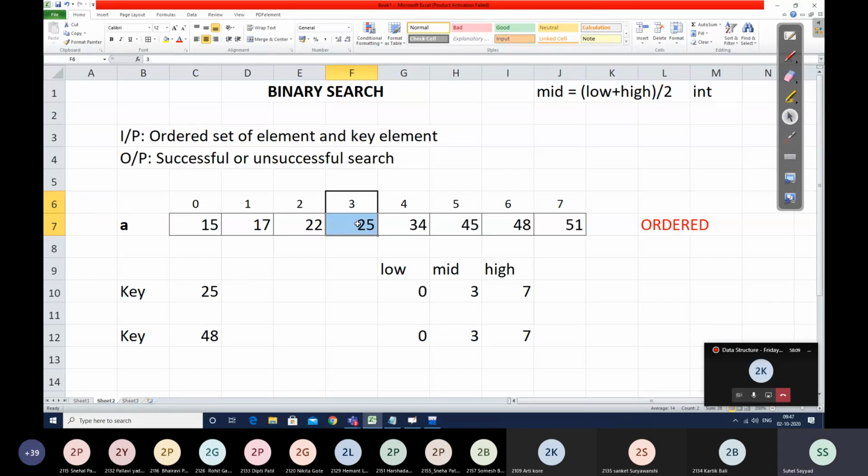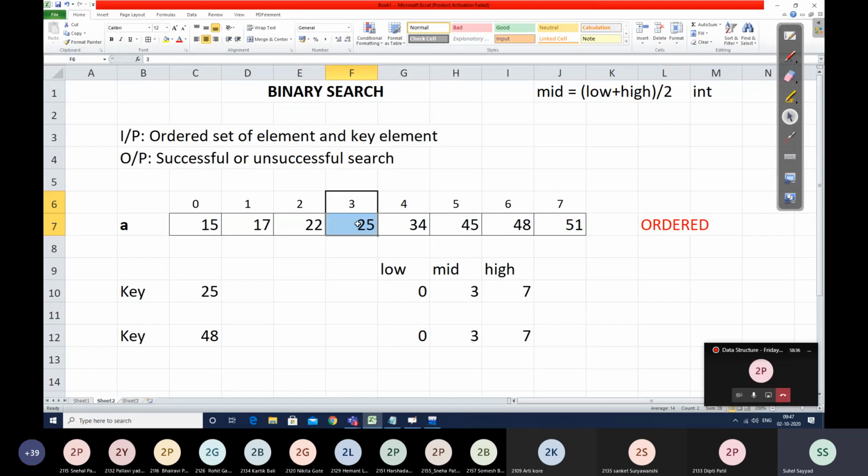Why can we tell that it is on right hand side? Why can we make this comment? Because it is ordered. Very good, students, very good. Because we know that our given input is ordered. So if I'm trying to find an element, and if I don't find that element in middle position, then I check whether the number which I'm trying to search is a smaller number with respect to mid, or whether it is a greater number. There will be 3 conditions only. Whether that number will be either equal to that middle number, or it will be a lesser number, or otherwise it will be a greater number, right?